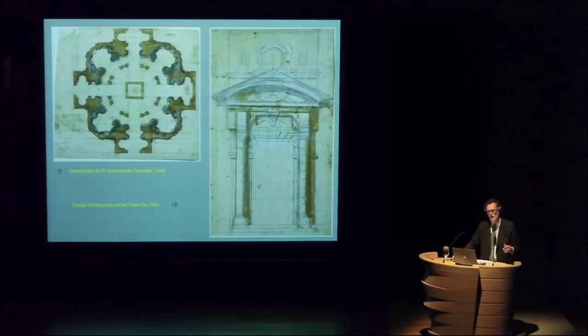But there's this extraordinary odd fact about Michelangelo scholarship: the scholars who want to drastically reduce the numbers only look at the figurative drawings. They really leave the architectural drawings out of it. Well, here in the show are 2 marvelous architectural drawings which undoubtedly were in that Roman studio because they relate to Roman architectural projects. So the ground plan of San Giovanni dei Fiorentini, and on the right, an even later drawing from the early 1560s of the door of the Porta Pia. So, how come these